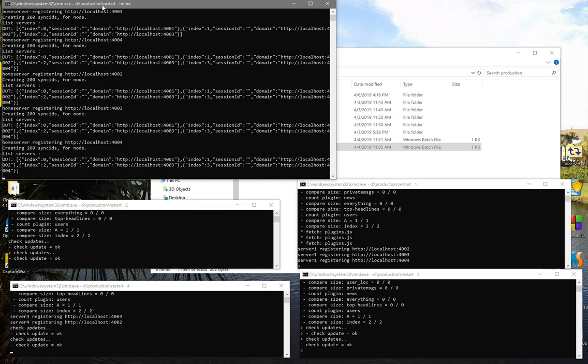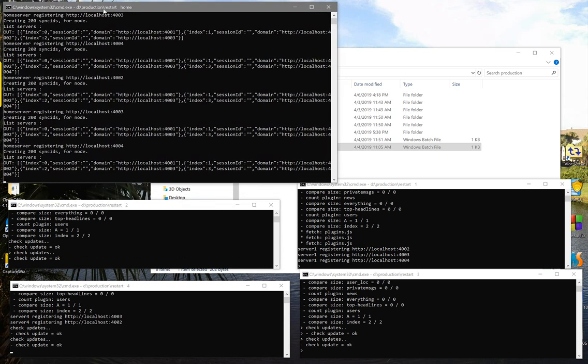This is the home server. This is the guy that just manages the connection of who is considered in the cluster. You see the session ID and index 0 through 3 that represents servers 1 through 4. 0 is the starting index. You see all the domains, they're all localhost and each have an individual port. So to give you a quick look